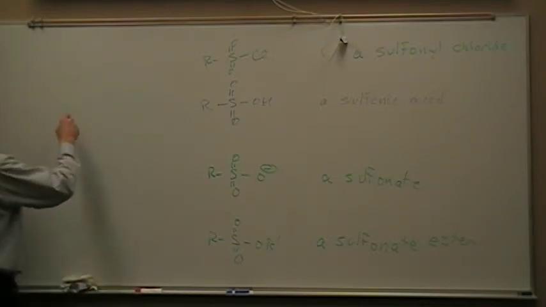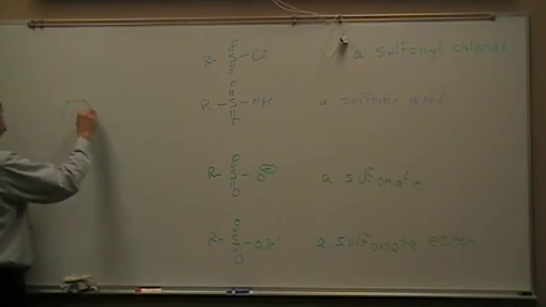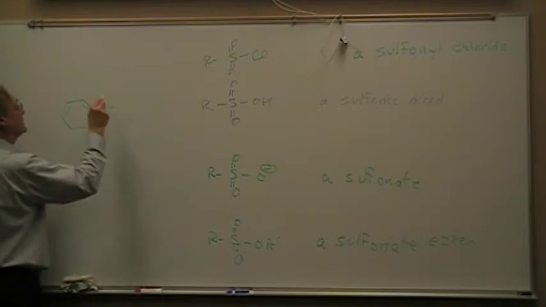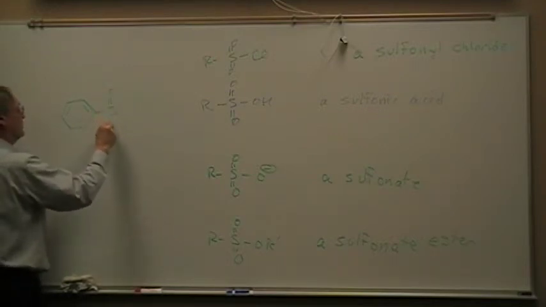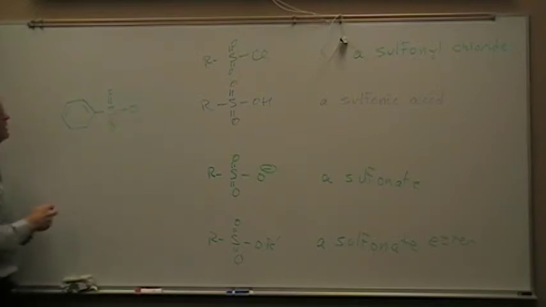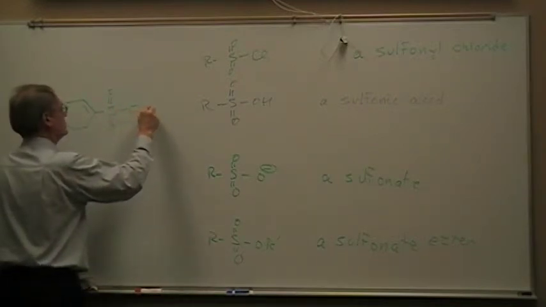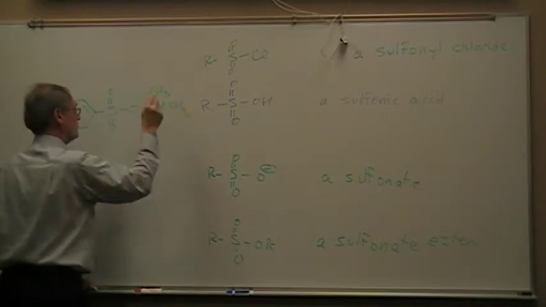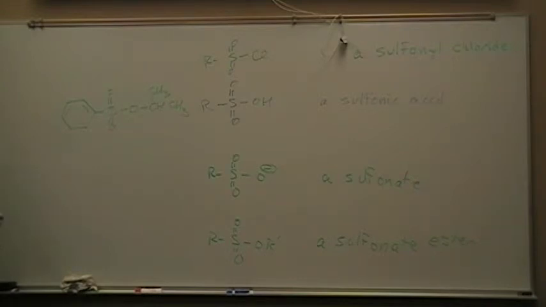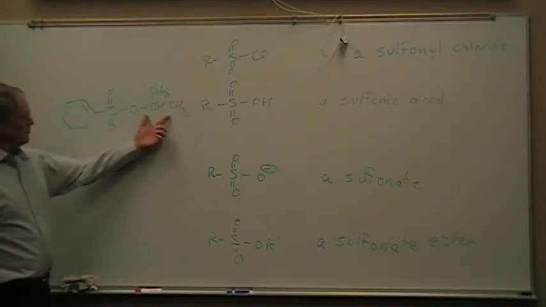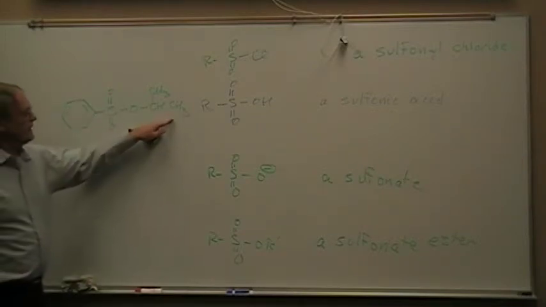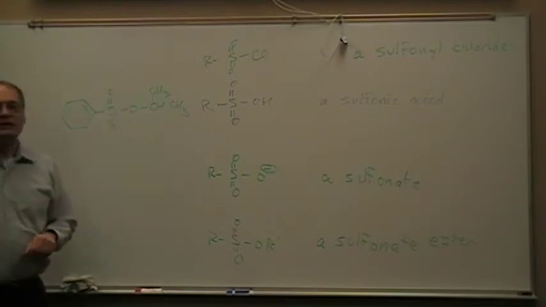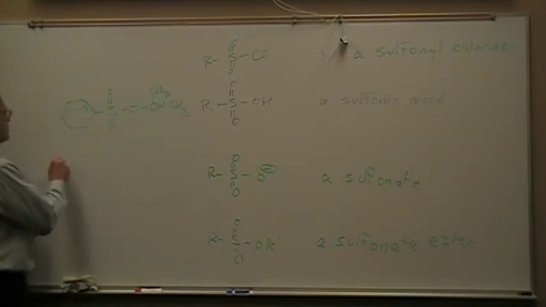What would we call a compound if it were a benzene ring directly attached to the sulfur, double bond O, single bond O, and then let's just put a CH, CH3, CH3. What are we going to call that compound? Well, remember the rules for naming sulfonate esters is you name the group that's attached to the oxygen first. So what is the name of that group? A 3-carbon chain attached in the middle. That's an isopropyl group. So we're going to say the word isopropyl